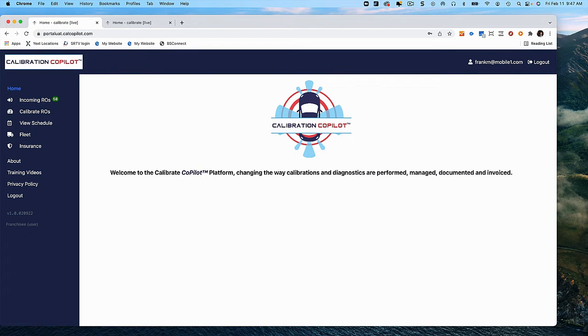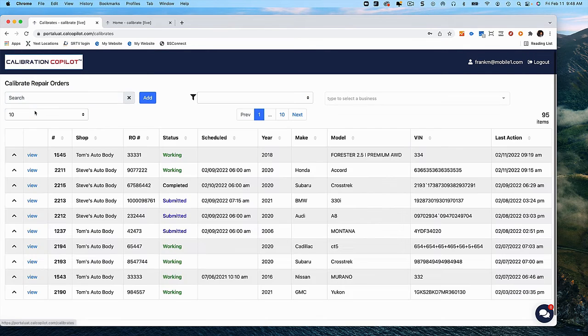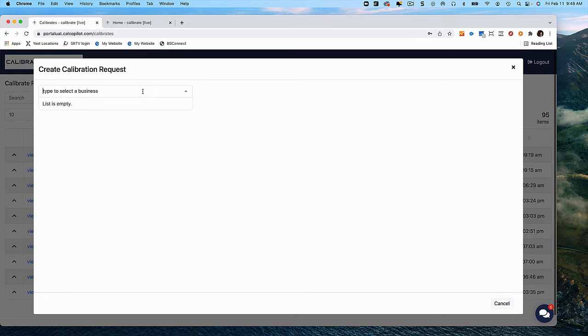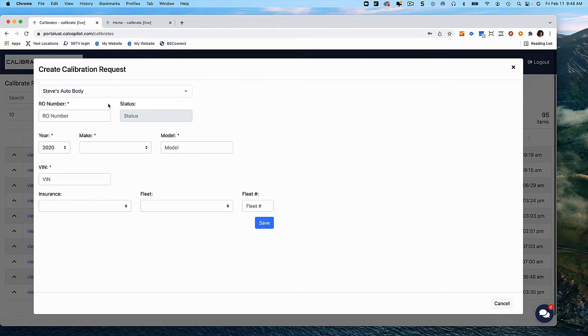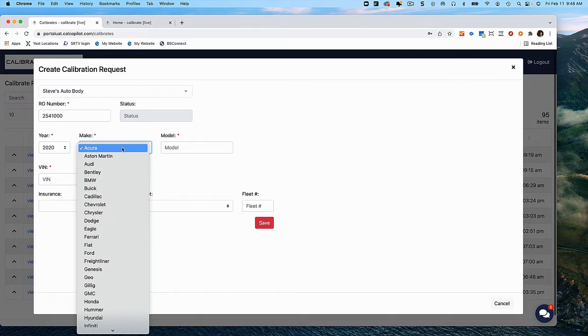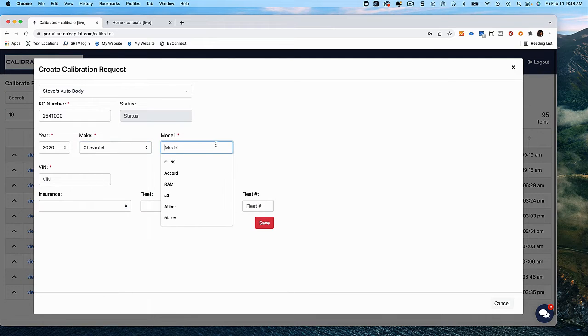Okay, so once your customer users are set up to receive these auto-generated authorization communications, the process is as follows. As if I'm using the portal, I'm going to go to Calibrate ROs. I'm going to hit Add. I'm going to find my customer's business in the drop-down, and then I'm going to put in an RO number. I'm going to pick the year, the make, the model,